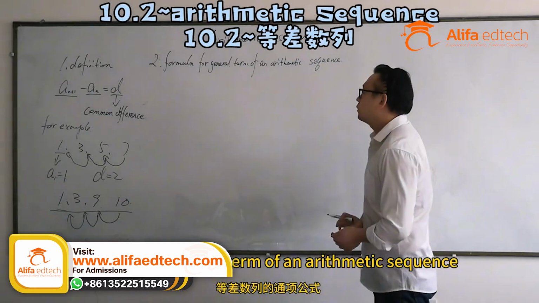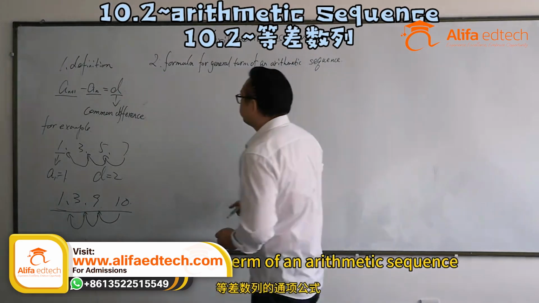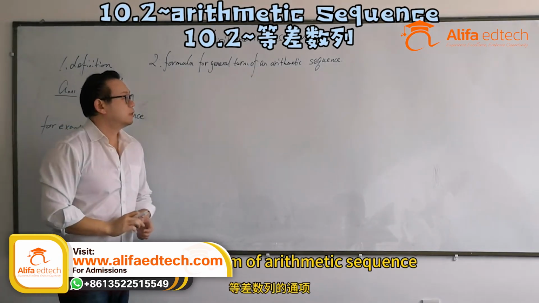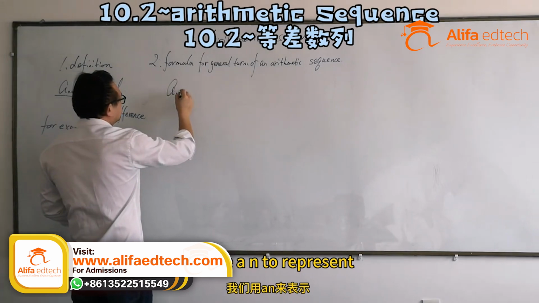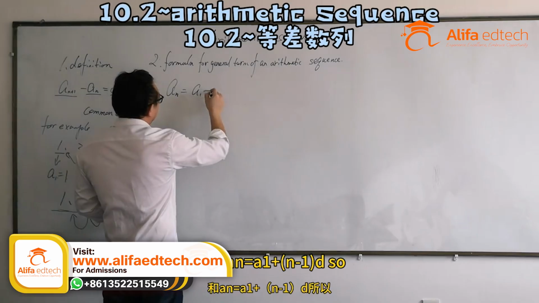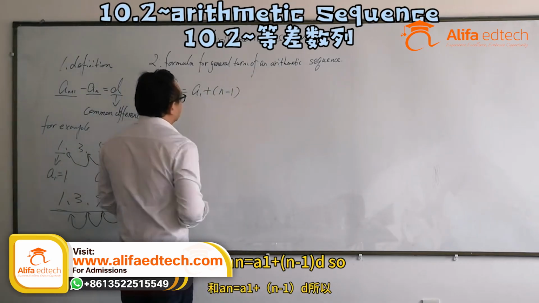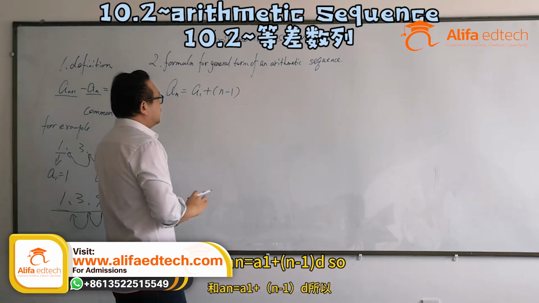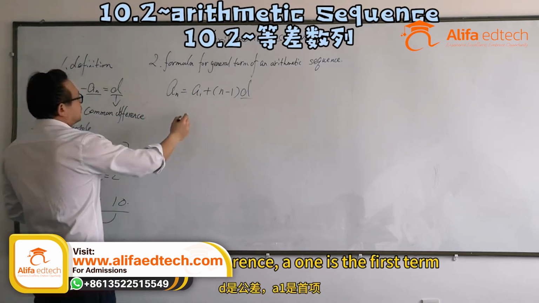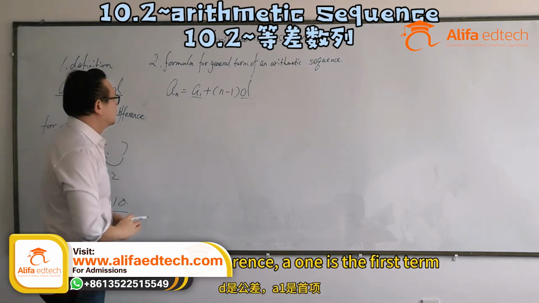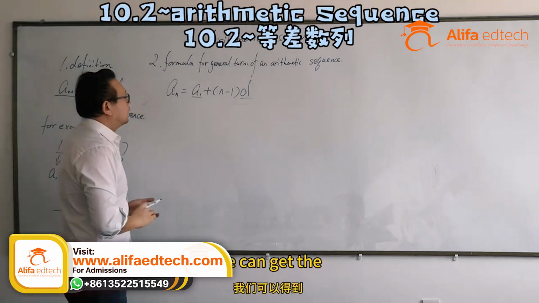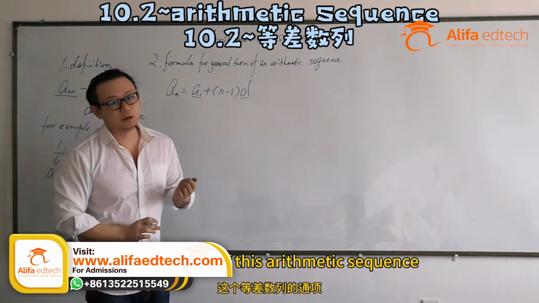Formula for the general term of an arithmetic sequence. The general term of an arithmetic sequence, we use an to represent, and an equals a1 plus the difference between n and 1, and then times d. So d is the common difference, a1 is the first term. So if we know the first term and the common difference, we can get the general term of this arithmetic